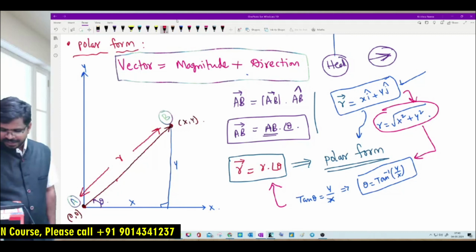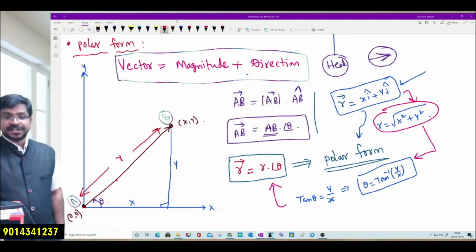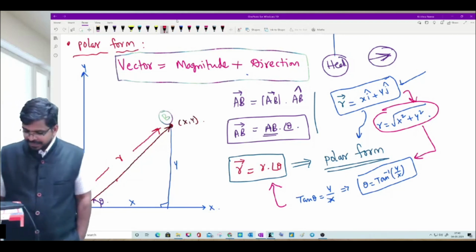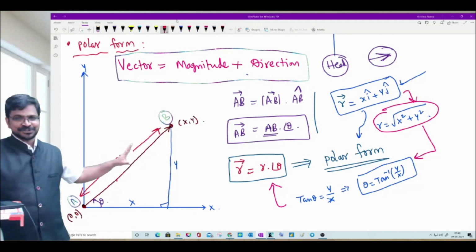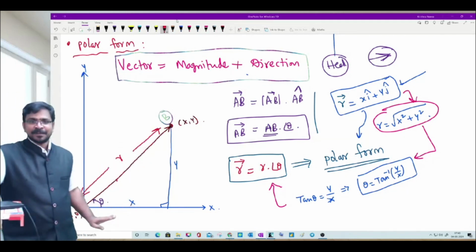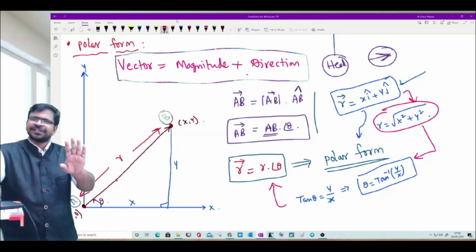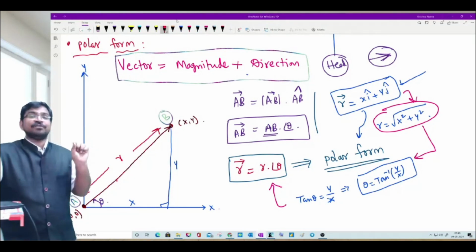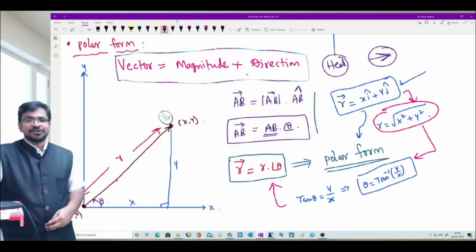Yeah, magnitude and direction. Sahasra commented in chat. Sahasra is asking one question. Sir, why can't we take sin or cos in the place of tan? Very good, Sahasra. Good question. Let me answer this after you take these notes. I need to take the free space and explain to you. You can take sin theta or cos theta also. But the advantage of tan theta is you can save time. I will show.